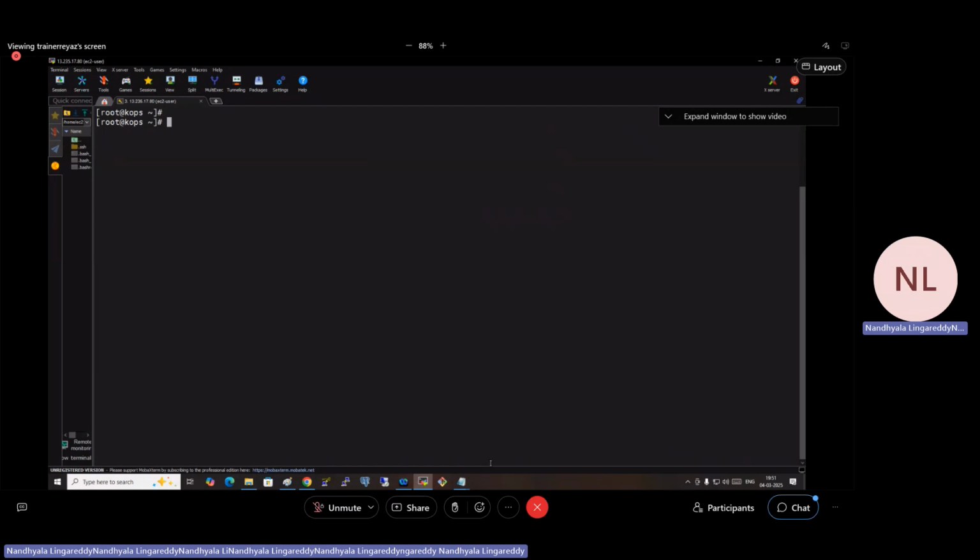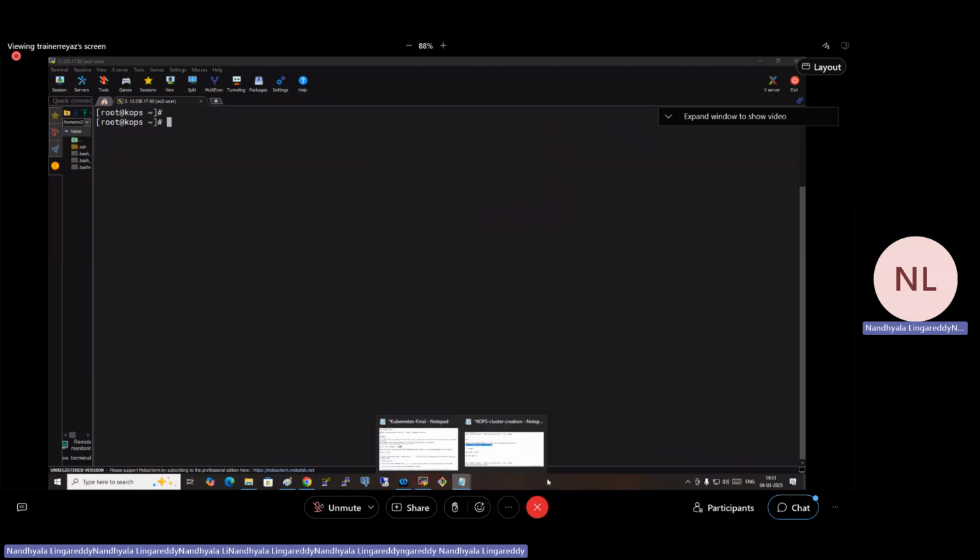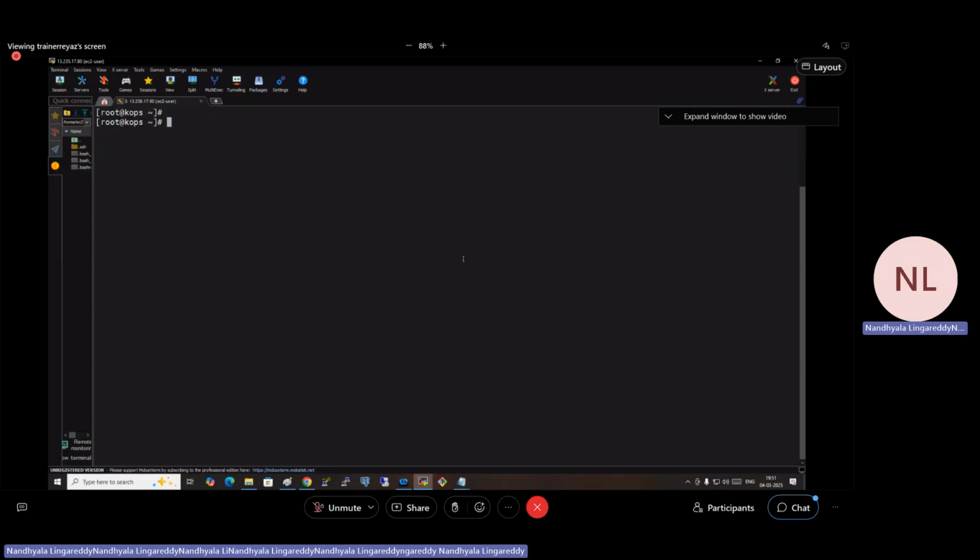Okay. So my cluster is ready. So what do we do? Let's go and set up a few things here now. What is the maximum size of the config map? Very good. What is that? 1 MB. So what we do here is we'll go and create one